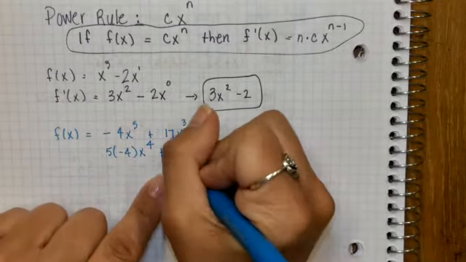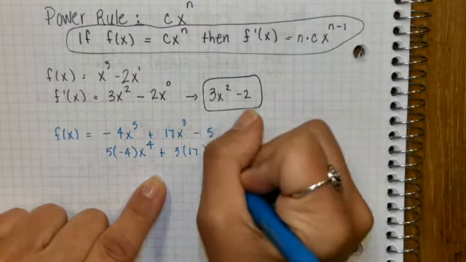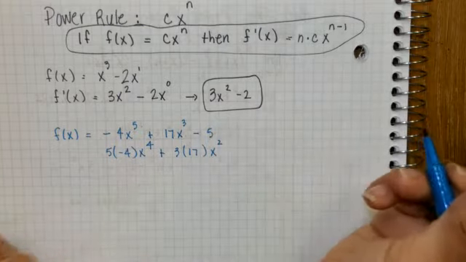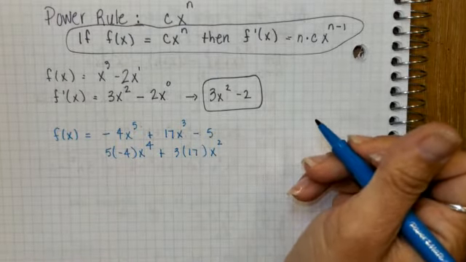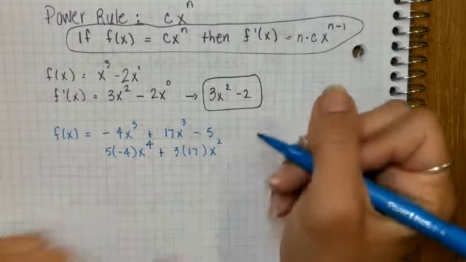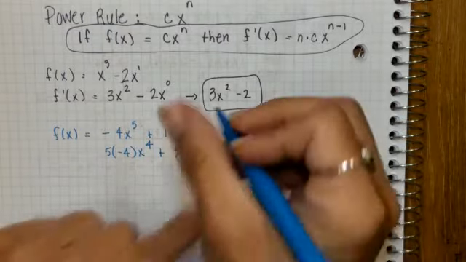Plus 3 comes down in front, multiply it by the 17, decrease the power so it becomes squared. The derivative of a constant is 0. How does that happen? Okay, so just for argument's sake,